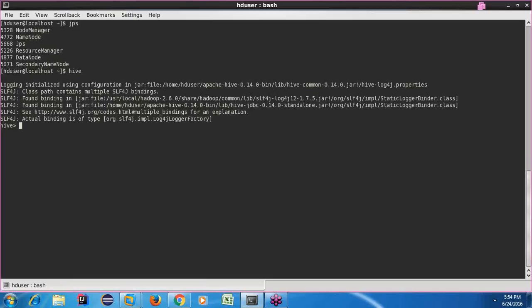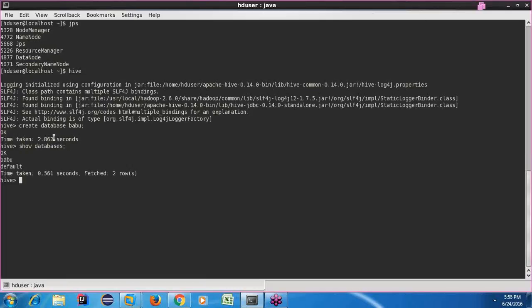Okay, we are in Hive shell. First of all, let me create a database for you. Create database, name. Let me give my name. Create database Babu. So this is how you can happily create your databases in Hive. My database is created, but I would like to cross check it. So I'm saying show databases.